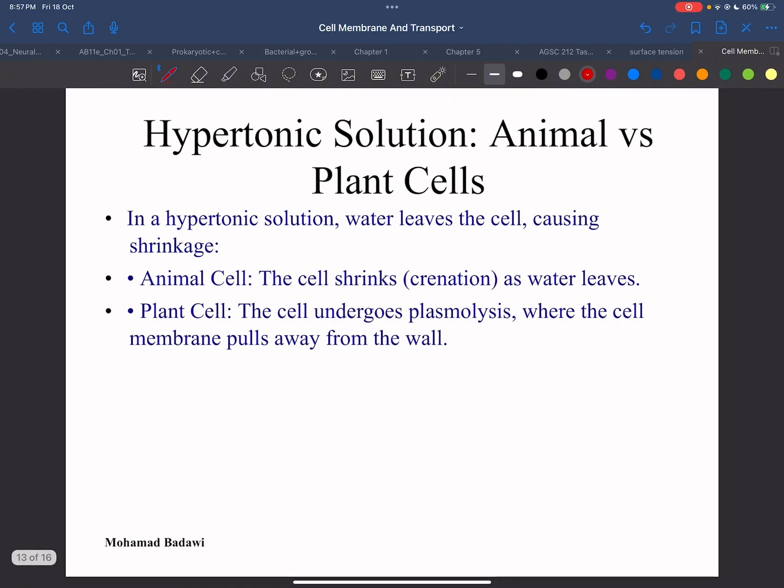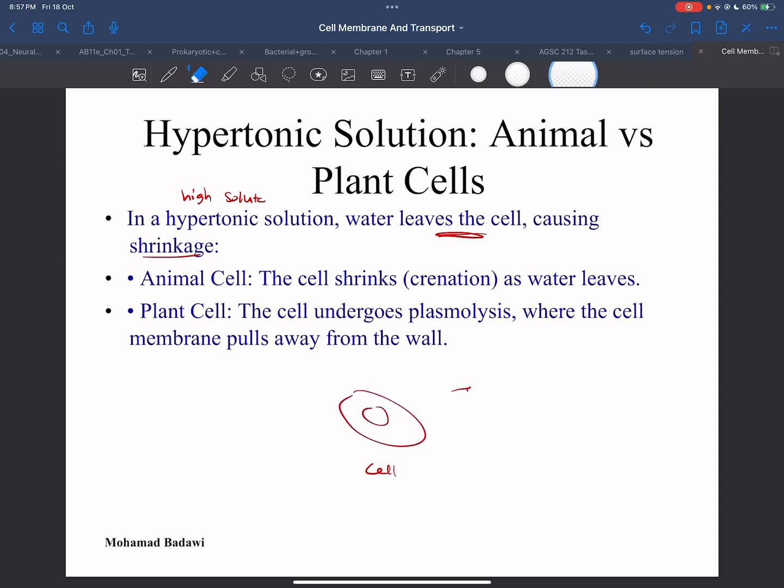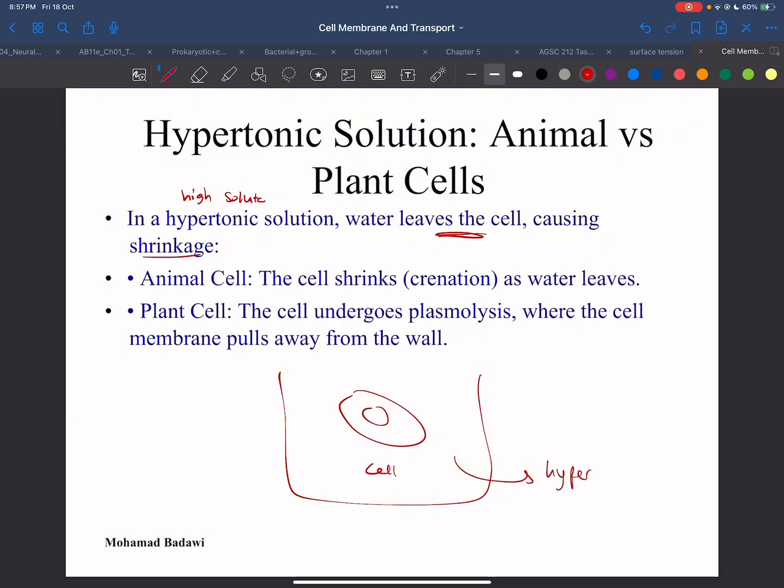Now if I place an animal cell in a hypertonic solution, remember we said hypertonic means high solute concentration, okay? So high solute, we said water will leave the cell causing shrinkage, okay? Let's again look at an example. This is my cell. I place it in a hypertonic solution, okay? Hypertonic means high solute,